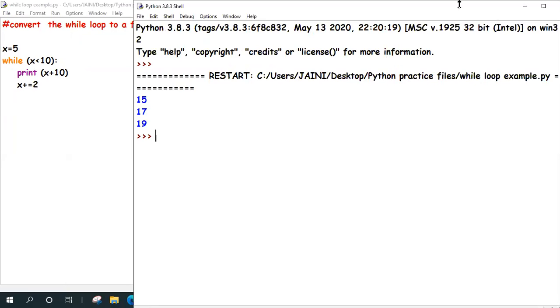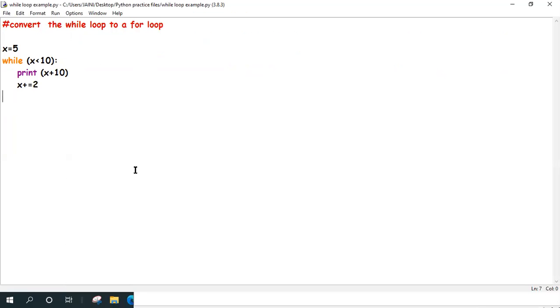Okay, so now how are we going to convert this into a for loop? The best method to verify if the for loop that you have converted is correct is when you get the same output. So now look at the logic that I'm going to be using. I'm just converting all these to comments because I don't want them to be executed. I want to make it a for loop.